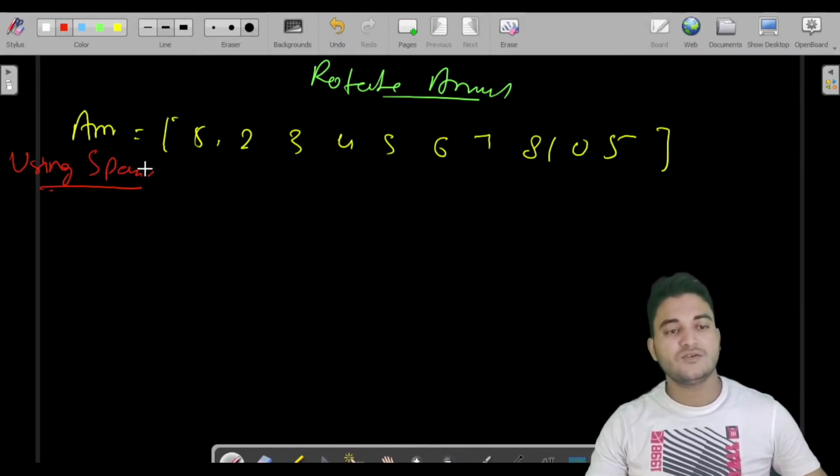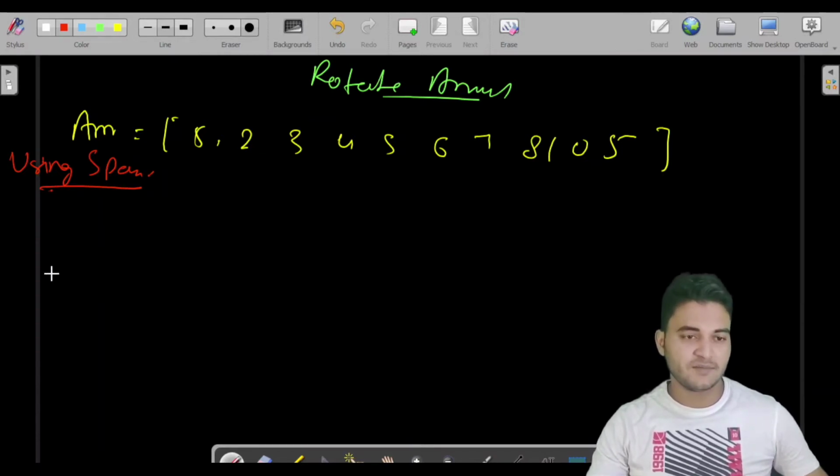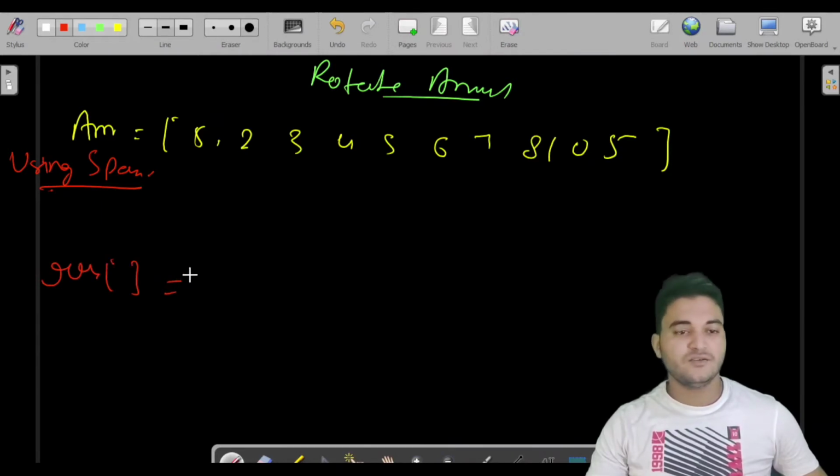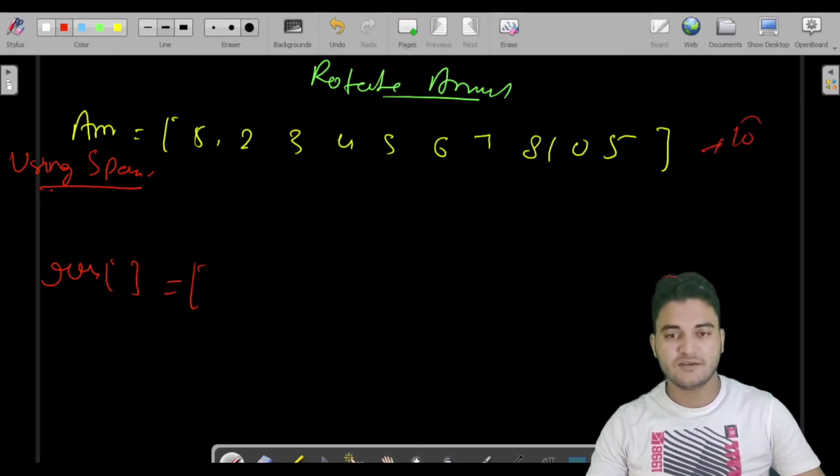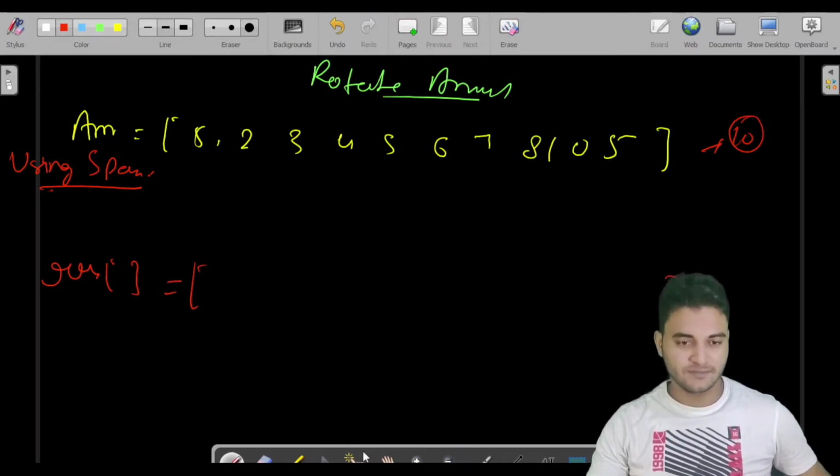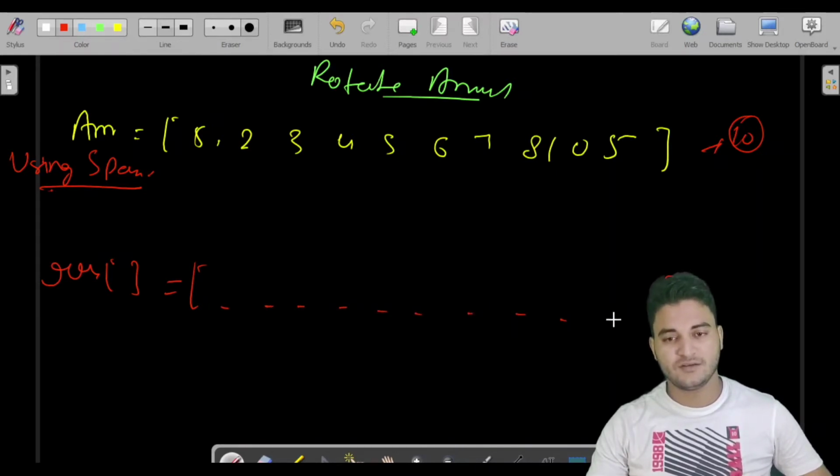Fine. So using space means we have to declare another array. Let us say I am declaring an array named reverse, and you will make an array of the same size. Let us say the size is 10. Then you have to make another array of the same size, 1, 2, 3, 4, 5, 6, 7, 8, 9, 10.